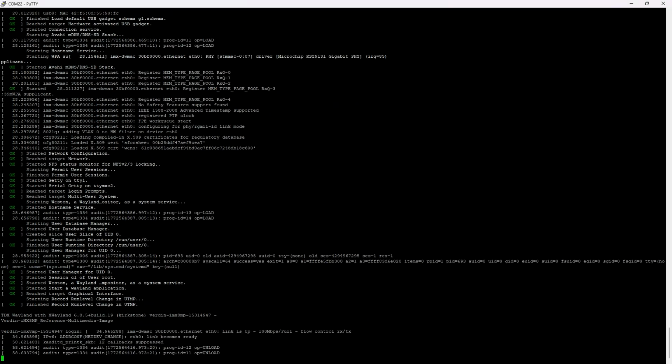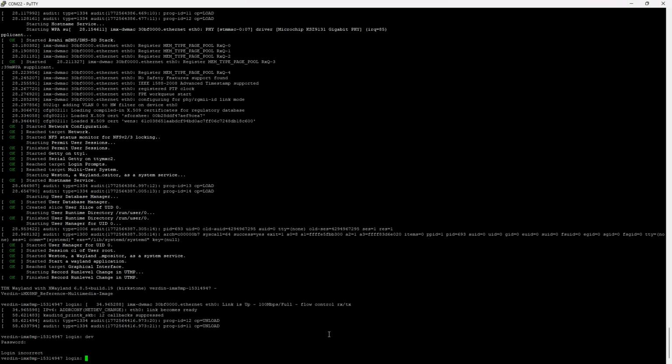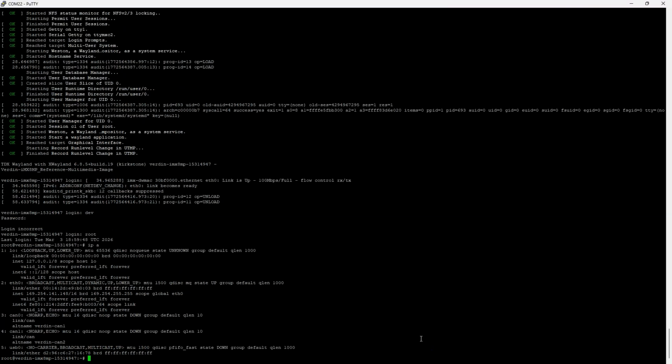After connecting to the Verdin module, we configure the network interface so the device can communicate with the development host. First, we check the current network configuration using the ip a command. Then we assign a static IP address to the Ethernet interface and bring the interface up. This allows the module to communicate with the host machine, which we will use to transfer the compiled device tree